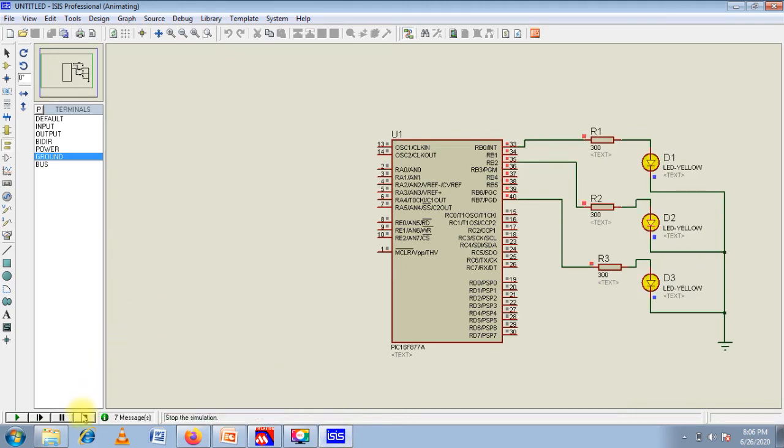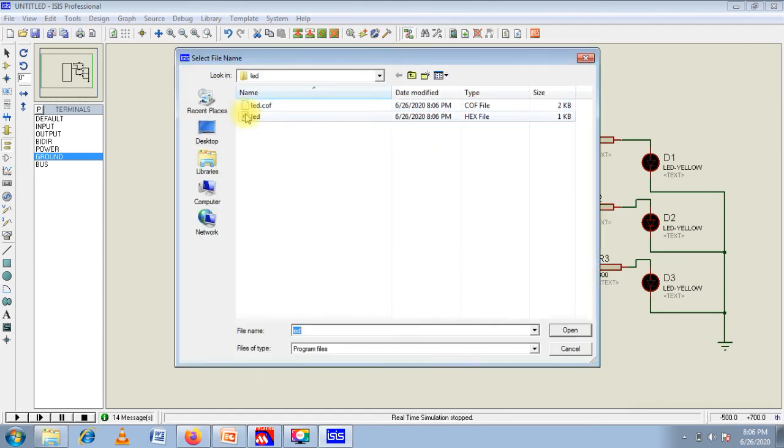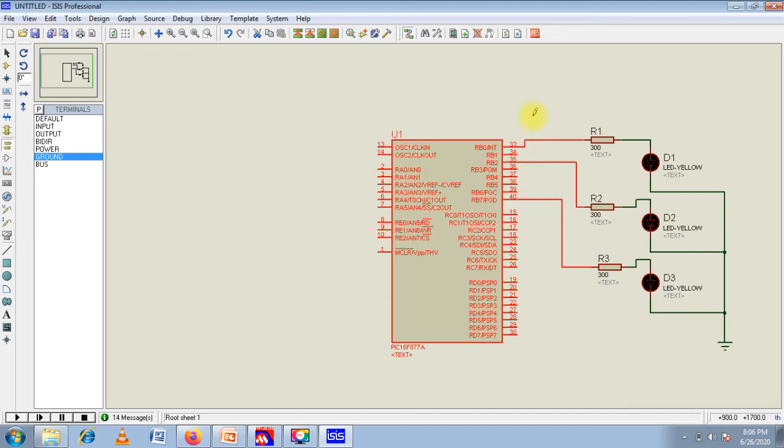Then we have to stop the simulation, right click, edit property. Once again we load the X file, then open. Now my port will be configured so that RB0 to RB3 only will be output, and RB4 to RB7 will be input. So you will get the LED indication in D1, D2 only, not from D3.